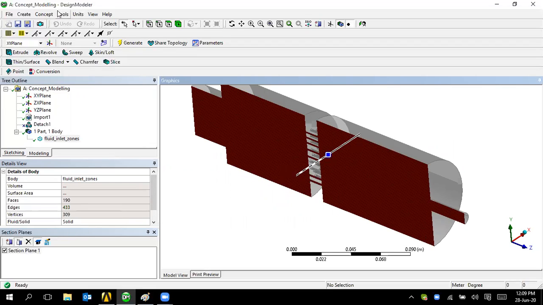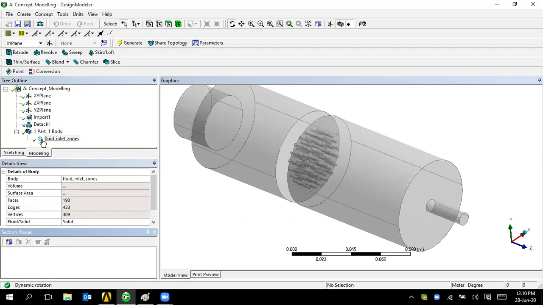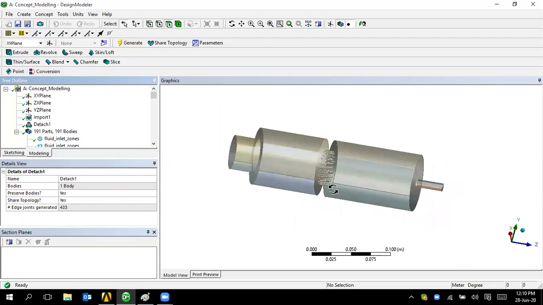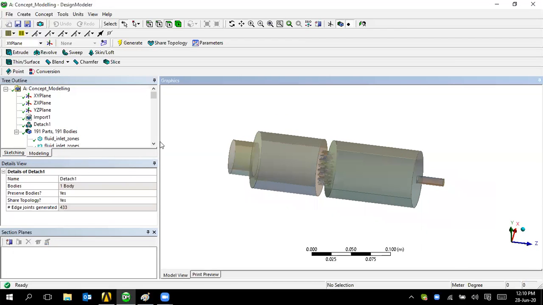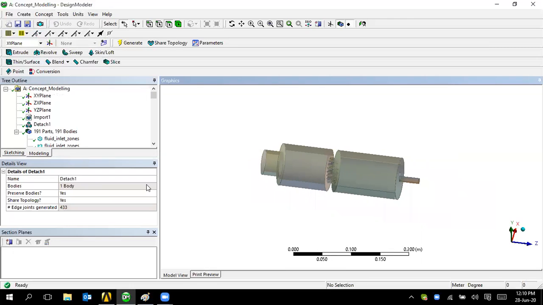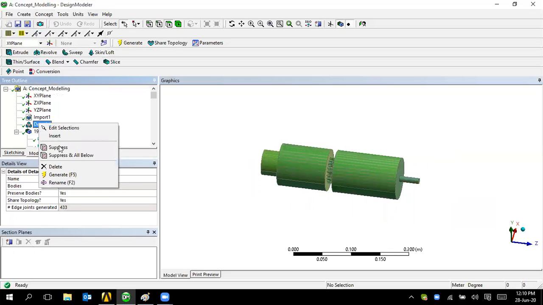For cutting the body and all, we have the options in the tools menu bar. Okay, right click and suppress it. Now look at this. This is what I just explained. You can detach your surfaces from the common body that you imported. Okay, so now I hope you are clear about this detach also.